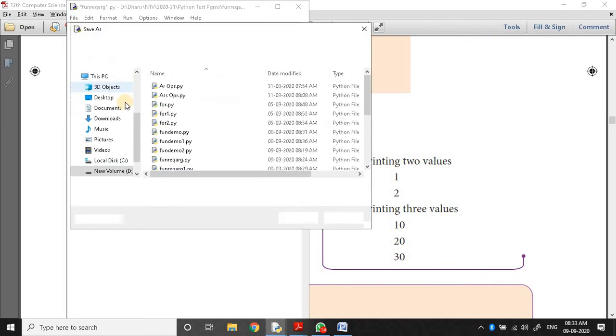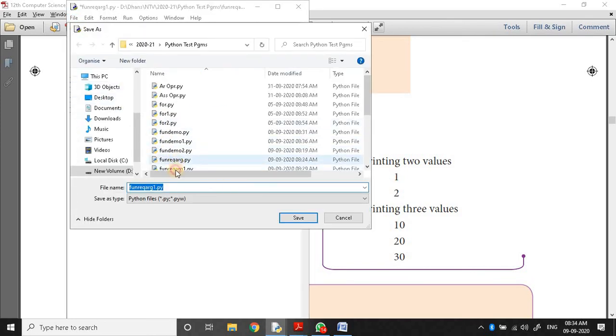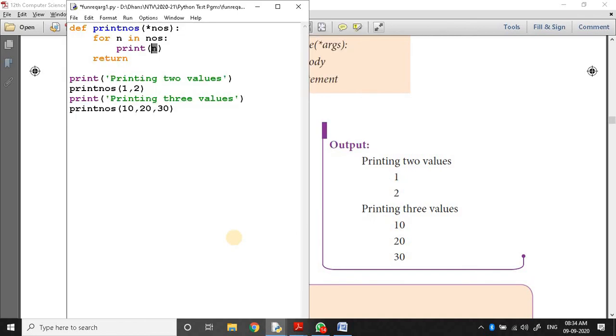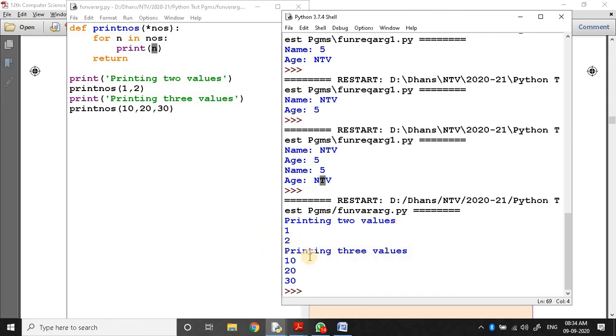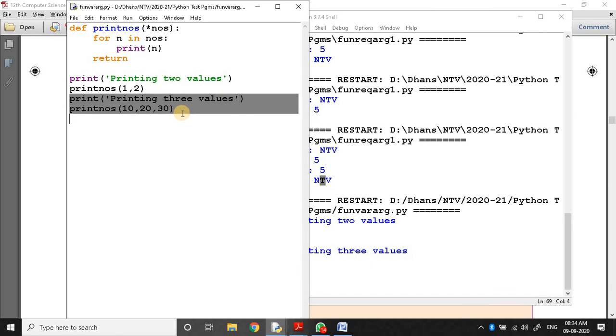I save this program, save as variable length argument. If I run this program, it will display printing 2 values, printing 3 values. One more also we can give. How?